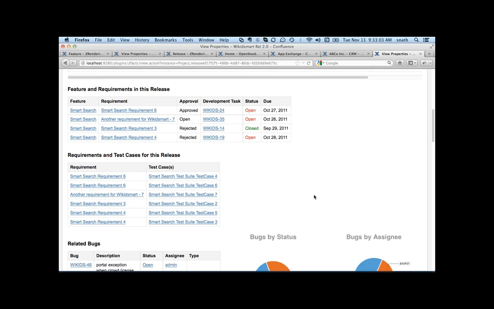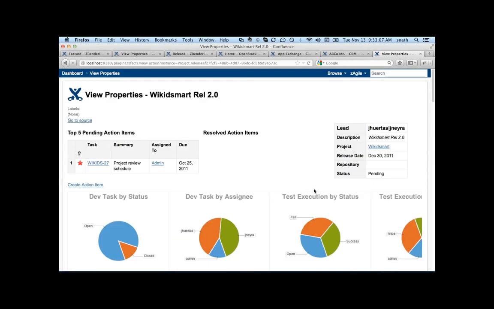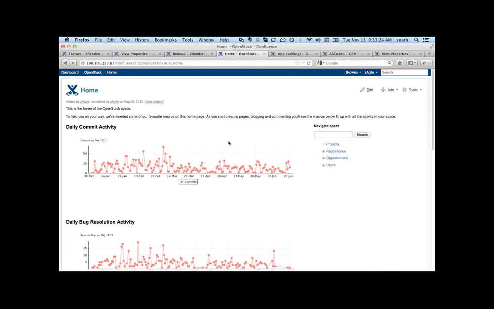So there are a number of different things you can do in terms of incorporating various types of dashboards and information within Confluence itself. Here you're looking at a combination of queries that are pulling this information as well as feeding the Confluence-based native charts. But there are other examples of what you can do with embedding Jasper reports, as we